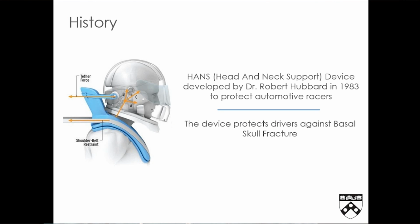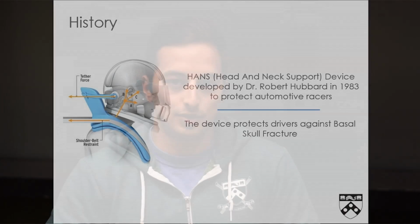The HANS device was invented in 1983 by Dr. Robert Hubbard following the death of one of his close friends in an automotive racing accident due to basal skull fracture. The use of the HANS device was largely ignored through the late 90s until the deaths of several famous racing drivers such as Senna and Dale Earnhardt Sr., who died of basal skull fracture as well. The FIA and SFI began pushing the use of the HANS device and other safety equipment in order to prevent